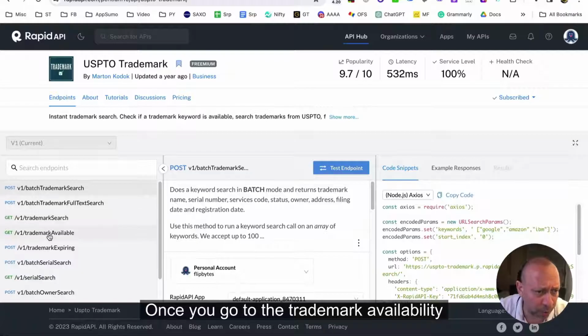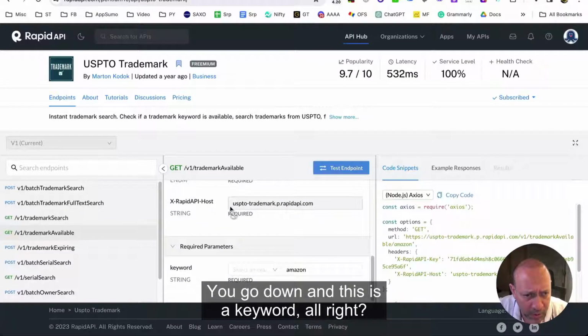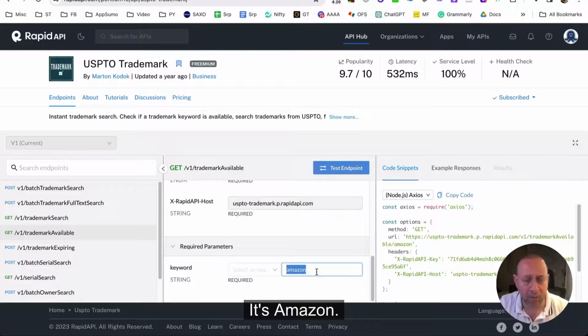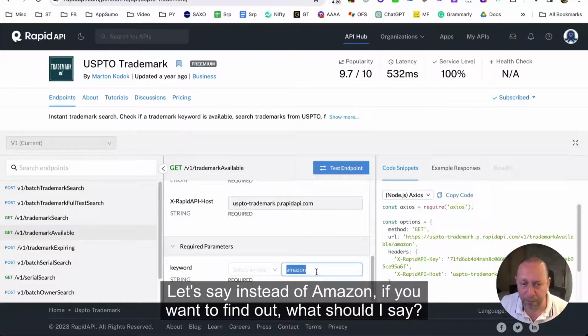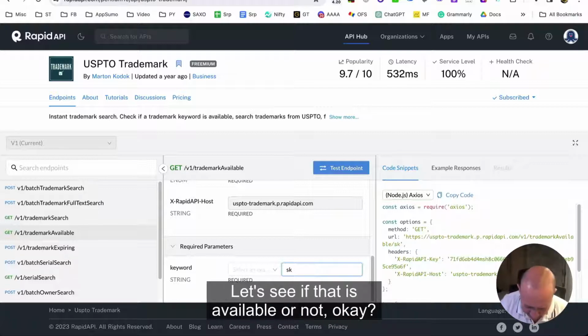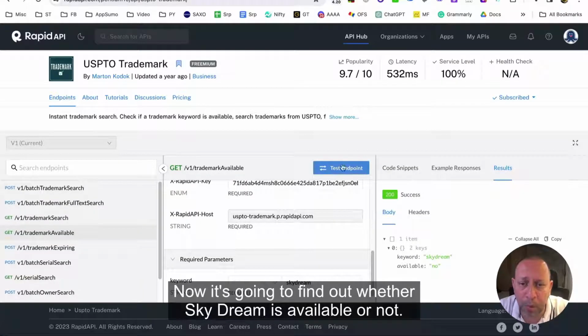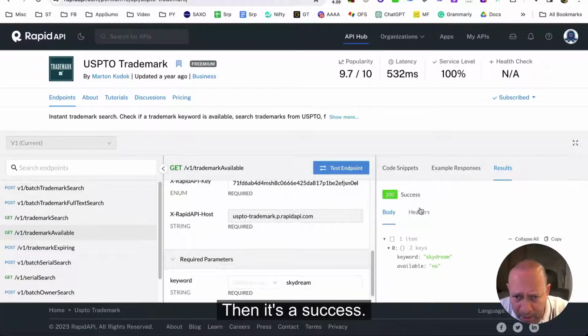So once you go to the trademark availability function, you can see out here the code and everything, okay? And you go down and this is a keyword. All right, so it's Amazon. So let's say instead of Amazon, you want to find Skydream or something very arbitrary. I know that's a very weird thing, but let's see if Skydream is available or not. Okay, and just say test endpoints. All right,